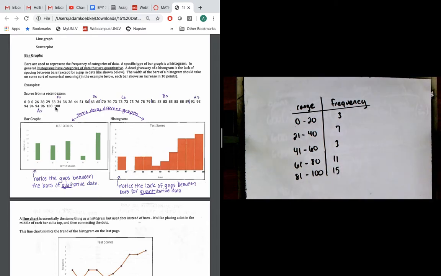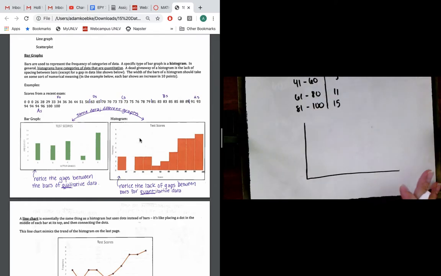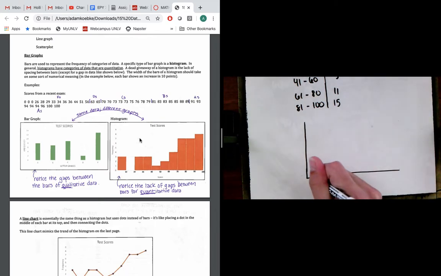So here I'm generating a histogram for the same data as the one that we have here. All I've done is change the range. So when I generate the histogram, the first thing that I want to do is make sure that I label all of my range values here. I'm going to start with my 0 value being right here. And remember, I'm moving up by increments of 20. So I'll make 20 right here,